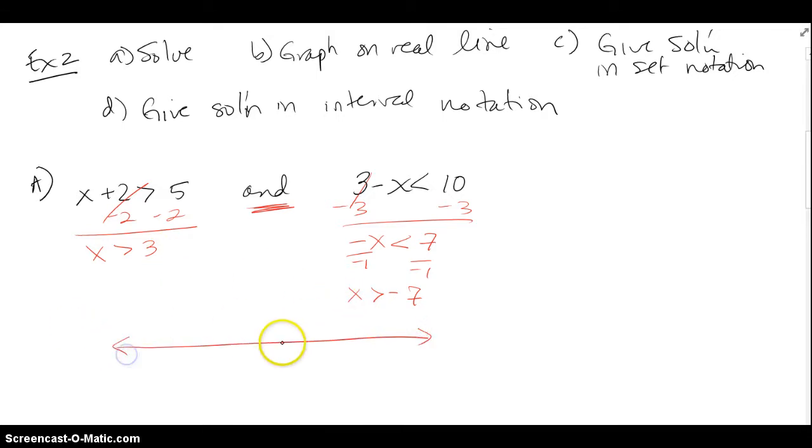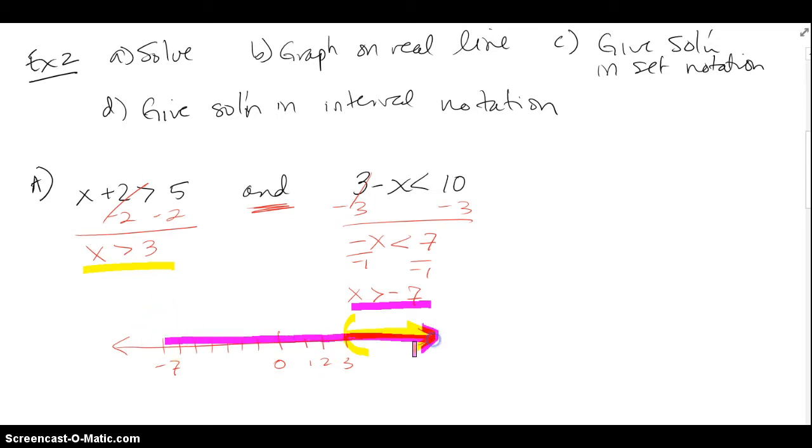Let's go ahead and graph it on the real line. So the first piece says x has to be greater than 3. I go to 3 and I shade everything to the right, and I have to use parentheses because it doesn't include the endpoint 3. The next one says x has to be greater than negative 7. So I go to negative 7, and since x is greater than negative 7, again I have to shade everything to the right, and since there's no equal sign, negative 7 is just the border,